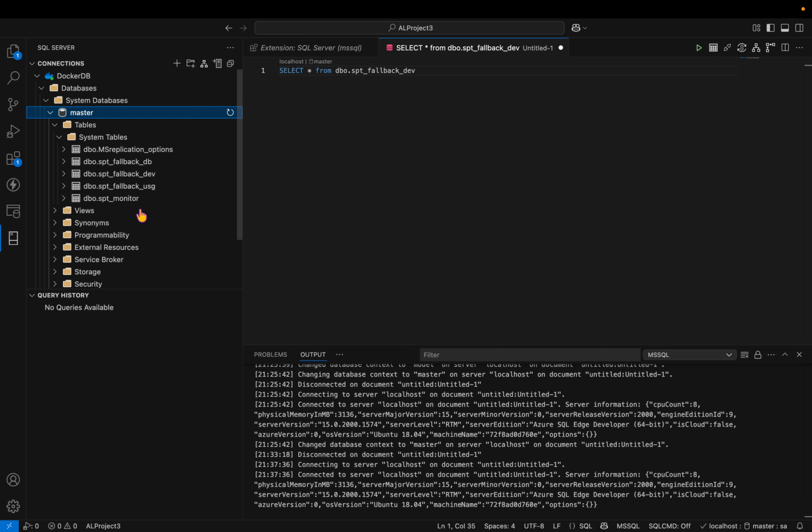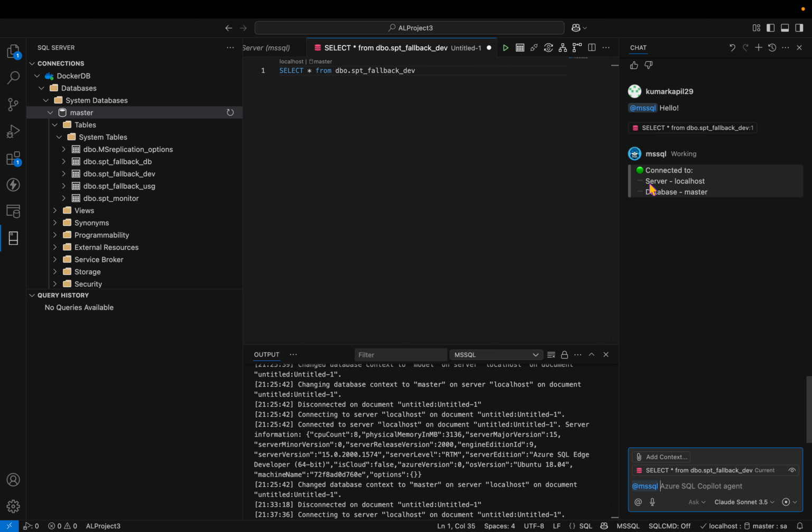So for example, I click on this, you get to see that it is connected to this localhost because this is a local Docker container and it is connected to my database master. Right, if you do not know how to write down what exactly the help this agent can do for you,